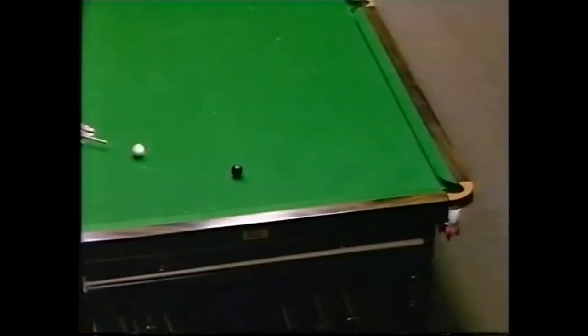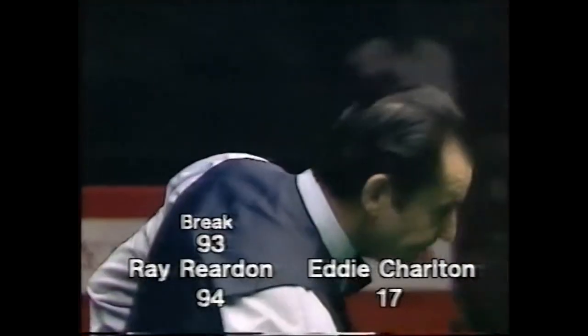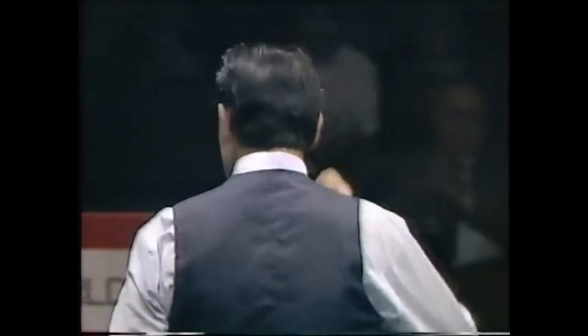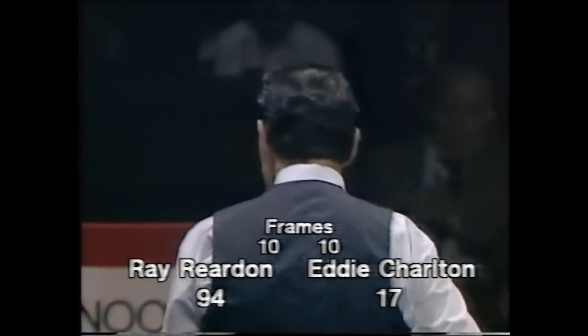So in goes the black for a delightful 93 clearance, for which Ray gets a splendid round of applause and goes into a lead of 11 frames to 10. And that's the third time in this semi-final that Reardon has had a break of 90 plus. 2 93s and a 94, just the sort of performance you want as you go into the last frame of